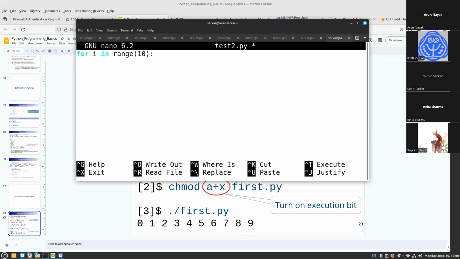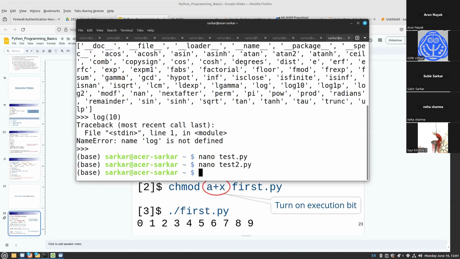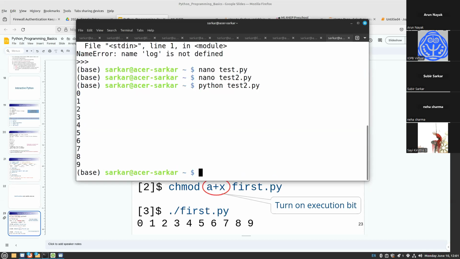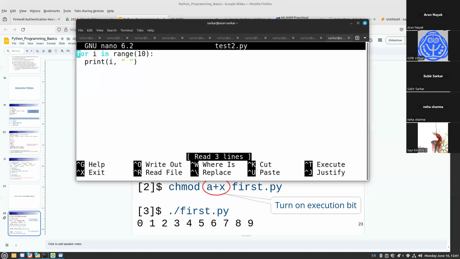I am not really going through the syntax of Python. I'll just show you. So if I do that, so python, and you can see that it runs. It gives me, so